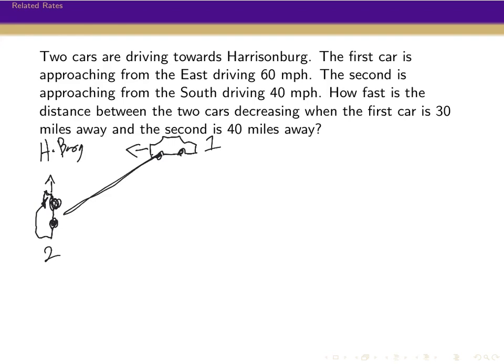When the first car is 30 miles away, the second car is 40 miles away, and this one is driving 60 miles per hour, and this one is driving 40 miles per hour. 40 miles away and driving 40 miles per hour. Okay, so